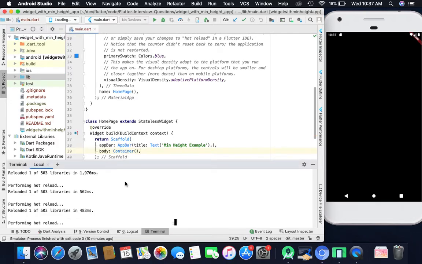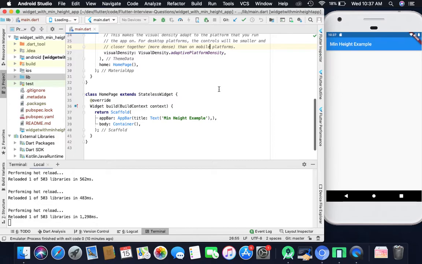Okay, so just reload it and we will see the output like this. Now here we will use the list view which we want to render at the minimum height, the list which will render in the minimum height. So first of all, we will give it the constraint which I already described.